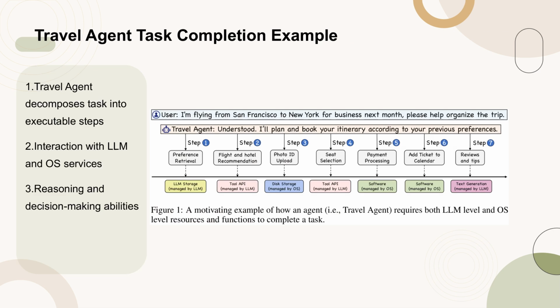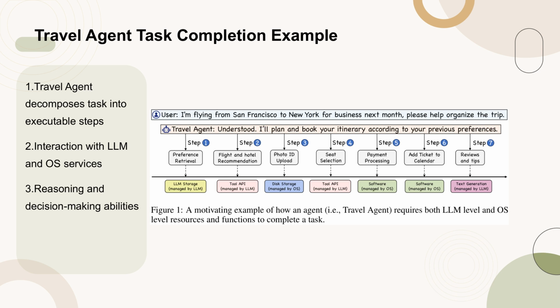Figure 1 illustrates how a travel agent, as an example of an LLM-based agent, utilizes both LLM and OS resources to accomplish a task. The agent breaks down the task of organizing a trip into manageable steps, such as booking flights, reserving hotels, processing payments, and updating calendars according to user preferences. This process showcases the agent's reasoning and decision-making capabilities, which are distinct from traditional software applications with predefined functions. The agent's interaction with both LLM services for understanding user preferences and OS services for executing software is crucial for